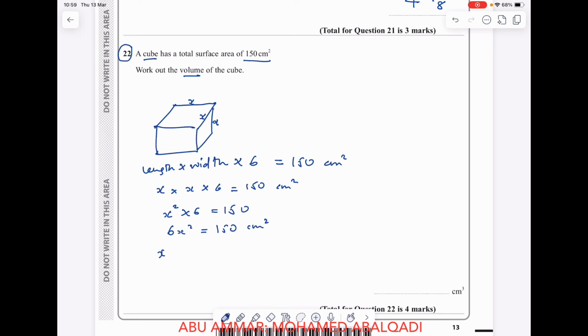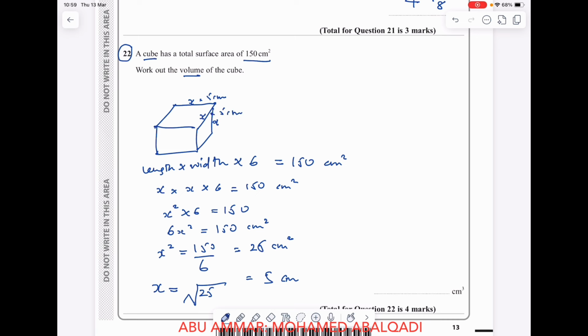So x squared will be 150 divided by 6, and this will give us 25 square centimeters. So in order to find x, we need to work out the square root of 25, and this will give us 5 centimeters. So the length will be 5 centimeters. X is the length, which is 5 centimeters, and the width will also be x, which is equal to 5